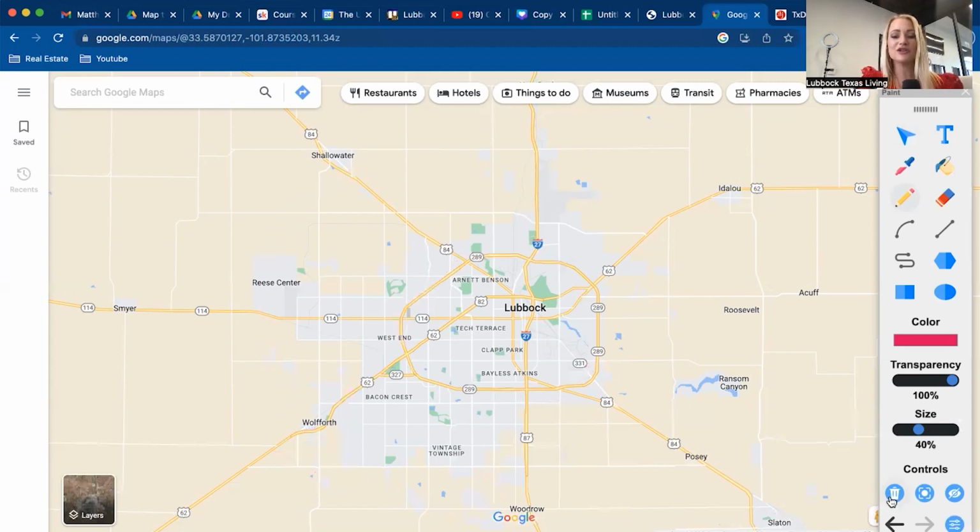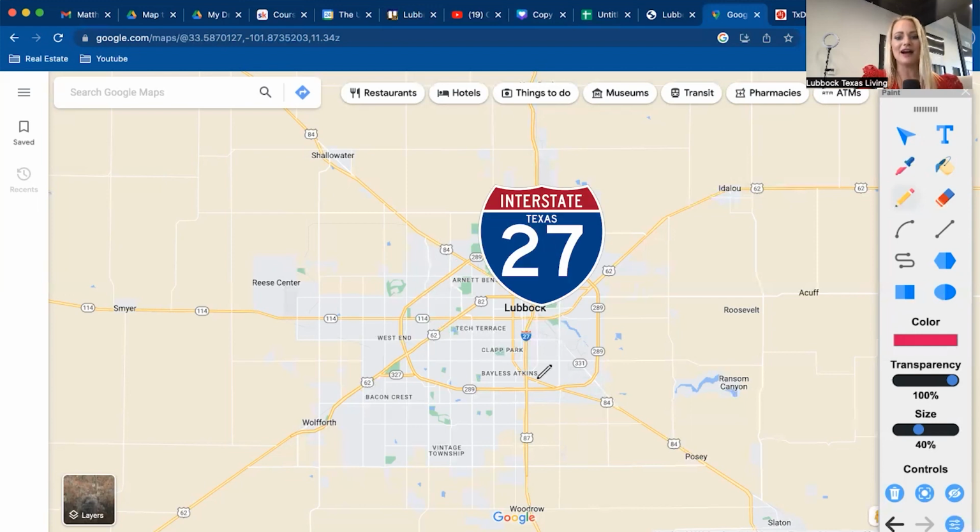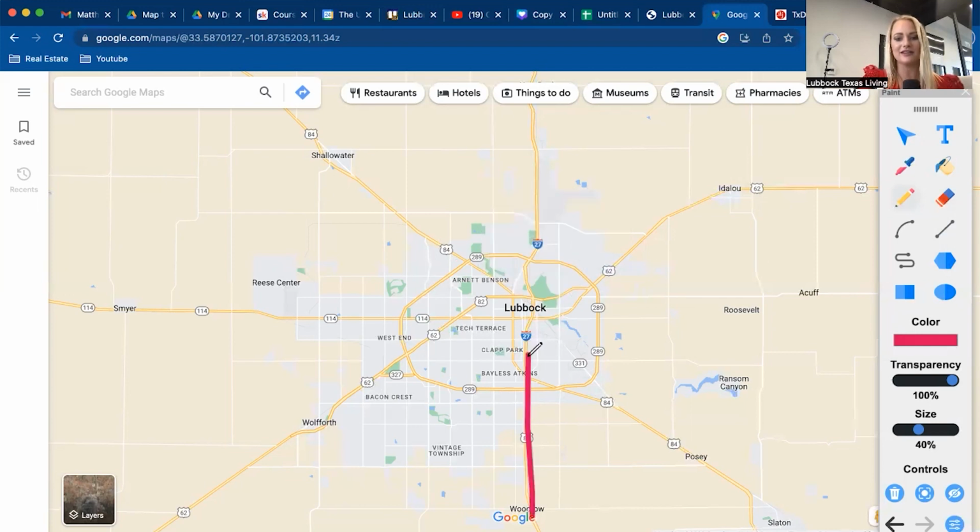So those are our main highways right now: the loop, and then our second main highway that is getting built as we speak. And so second, I wanted to talk about I-27. I-27 is a major highway that connects